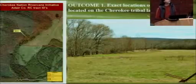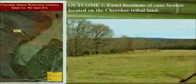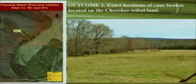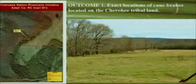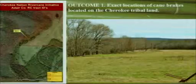So one of the outcomes that we're looking at on this River Cane Initiative is being able to identify exactly where the cane breaks are. This one is very interesting. This one is on Sallisaw Creek, and it turns out there was some mound destruction on this about 6 years ago. There were some mounds right